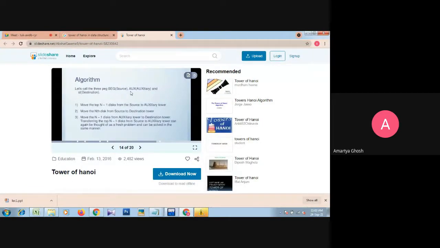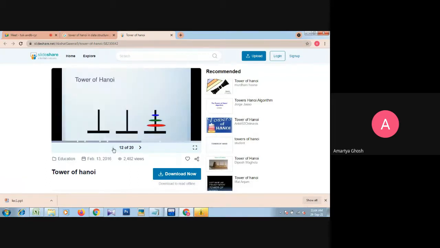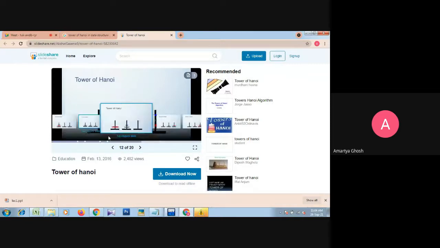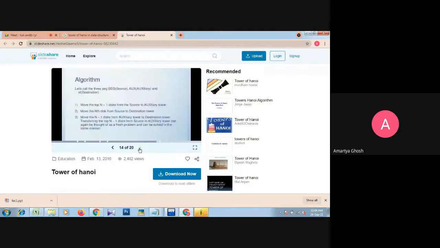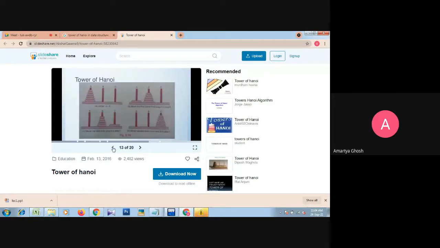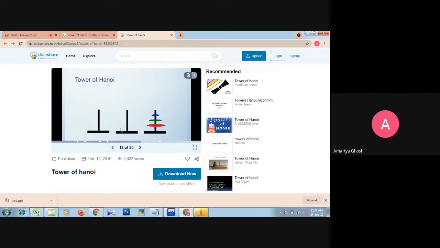So these are the names of the stands basically. This is source, this is destination. Here A was the source because the first time the tower was on the A stand, and this tower will be shifted from A to C. So that is why A is our source stand, C our destination stand. So we can say this is our from stand, this is our to stand. Okay, just check it. And auxiliary, this middle one is the auxiliary because we have to use this to shift the tower.